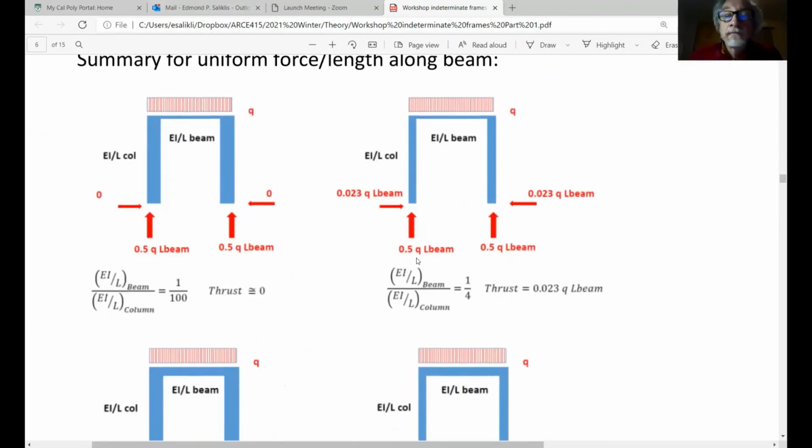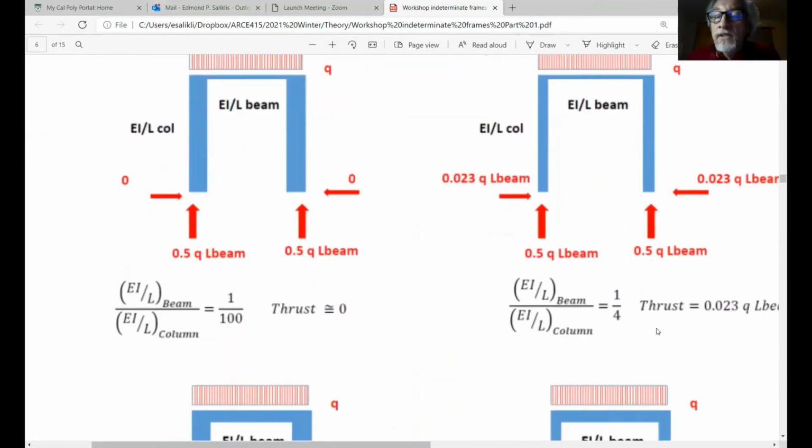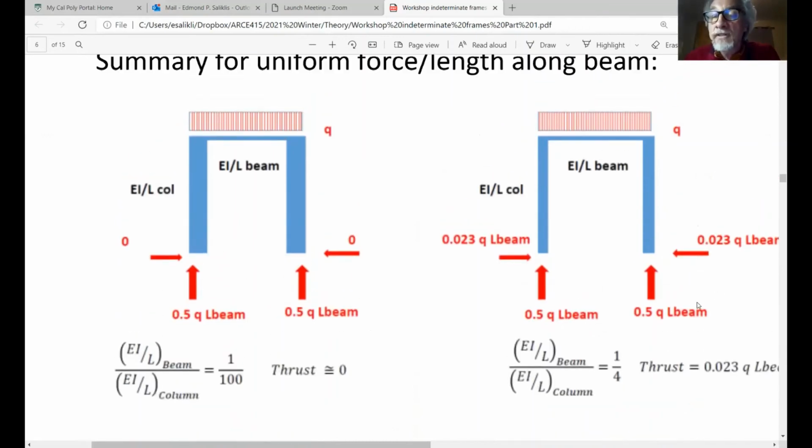The second one. Suppose that your column is 4 times stiffer than your beam. 4 times. And the load is only on the beam. What is the influence line? It's 0.023